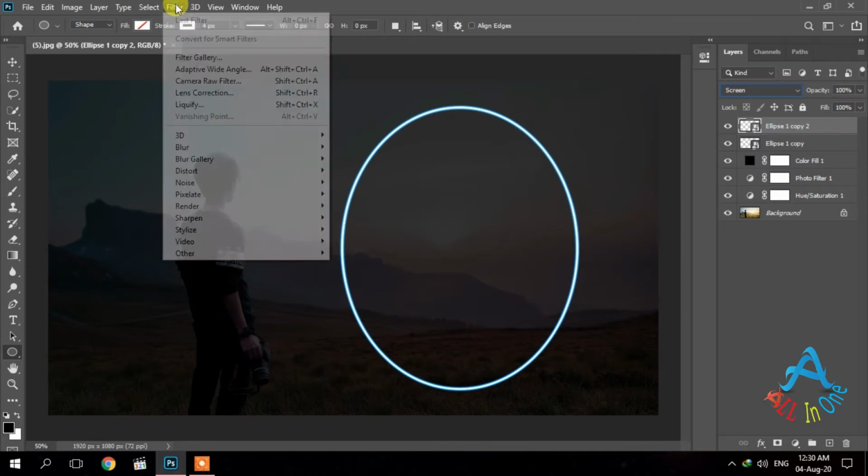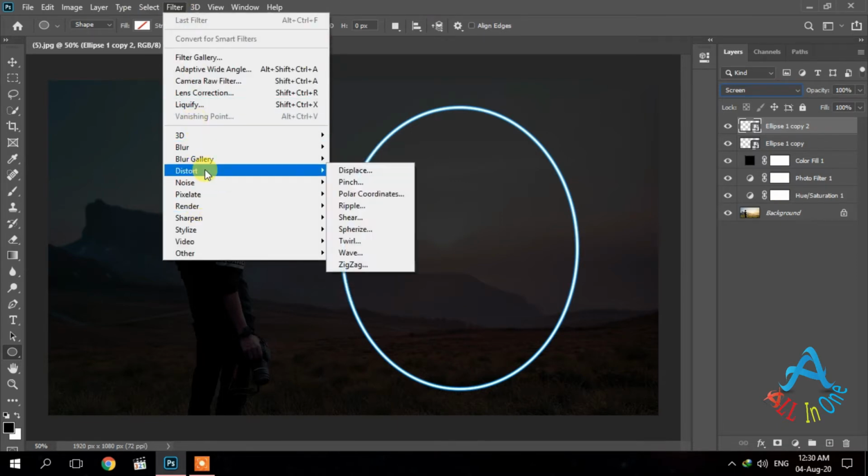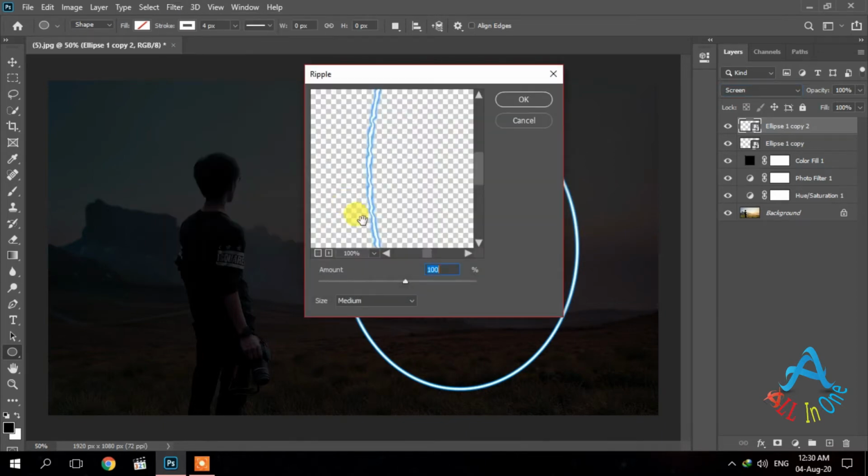Now go to Filter, Distort, Ripples, and set 250 and large. And then click OK.